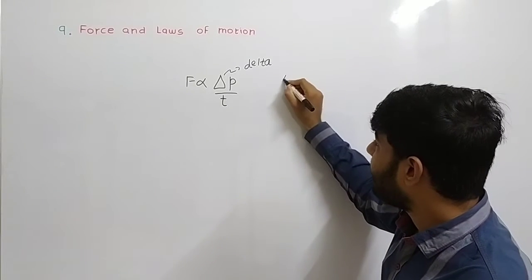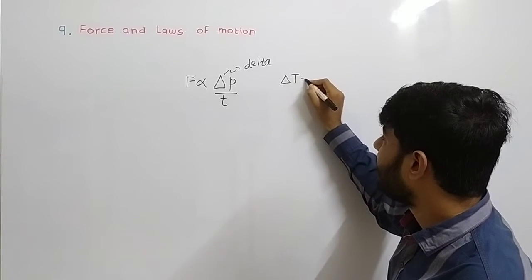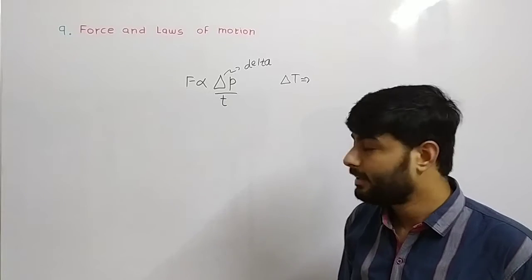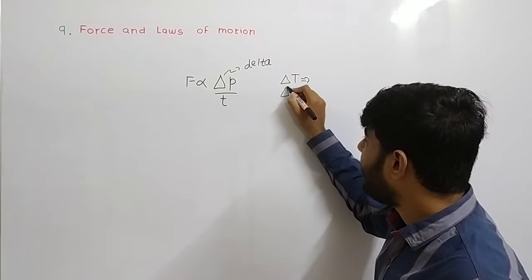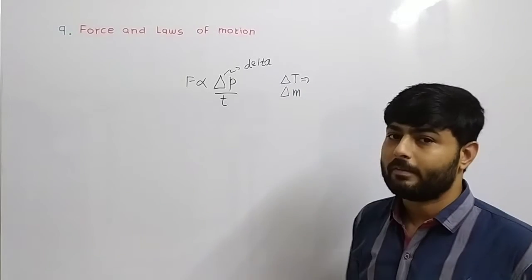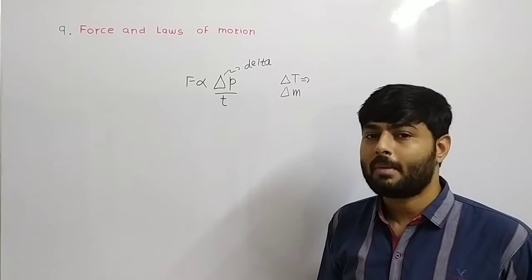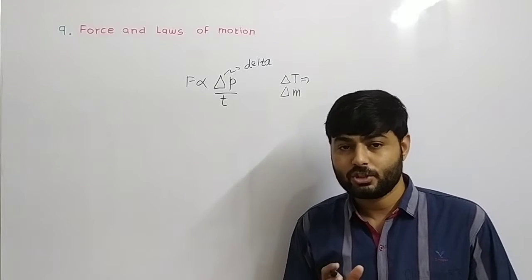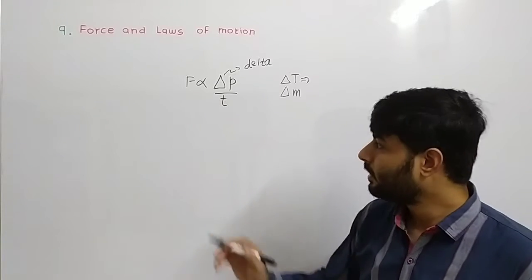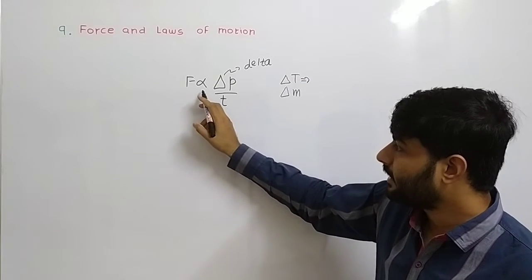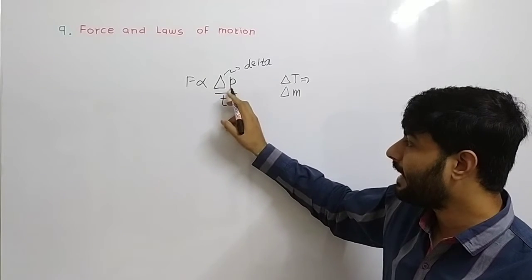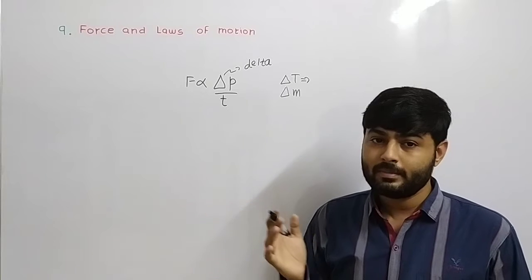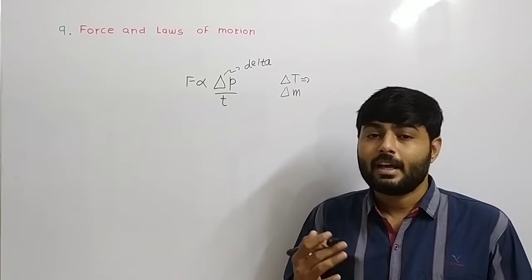Let's say I say delta T, which means change in temperature. If I say delta M, which means change in mass. So here delta P suggests change in momentum. So F is directly proportional to delta P divide T, that is change in momentum divide time,